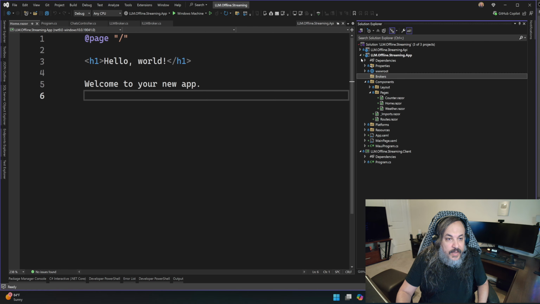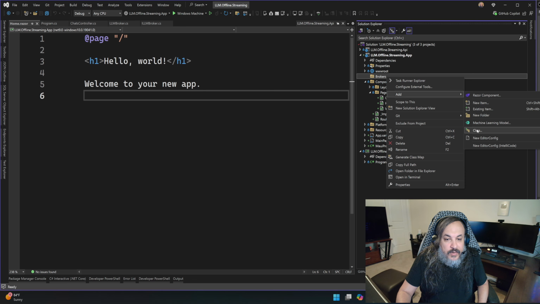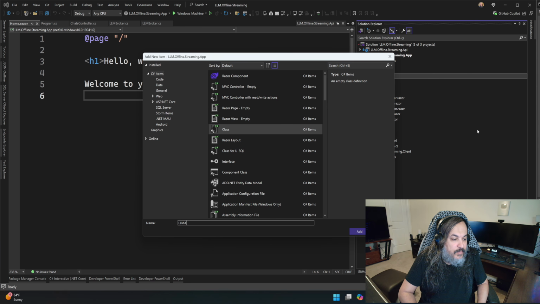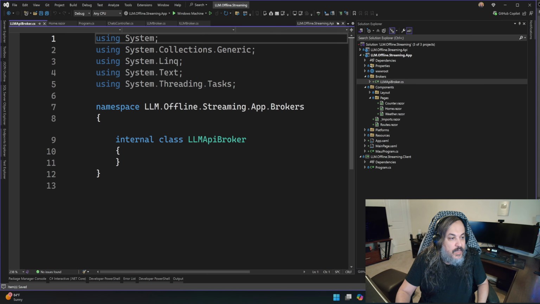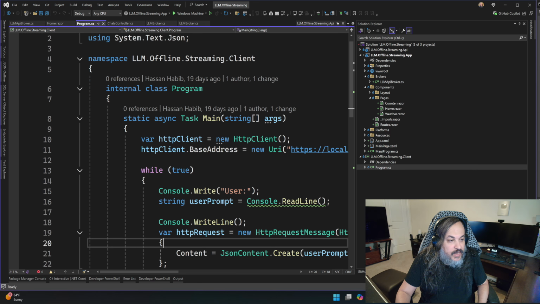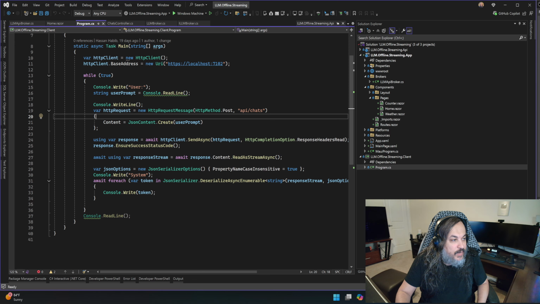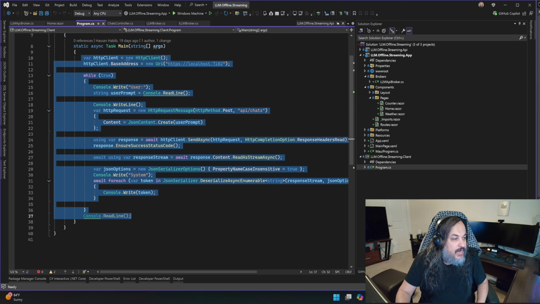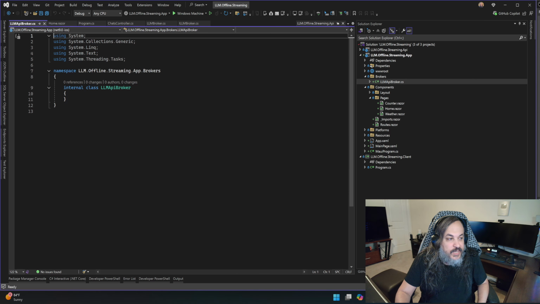Brokers. And under brokers, I'm going to create LLM API broker. And I'm just going to copy the same code that I did last time, right? So in the client itself, I had this code right here that already did that call for me. We're going to clean it up and gut it out a little bit because this time you're actually exposing it as